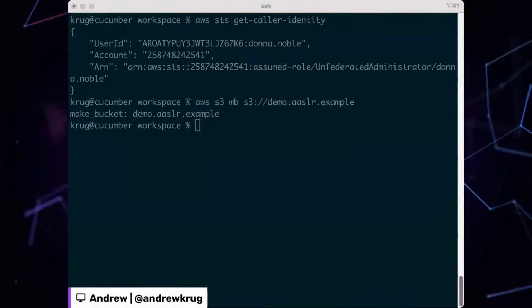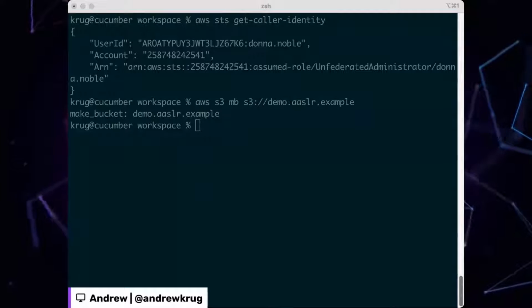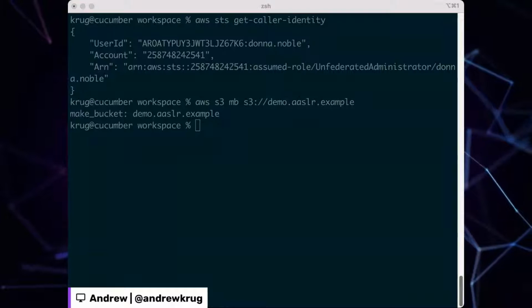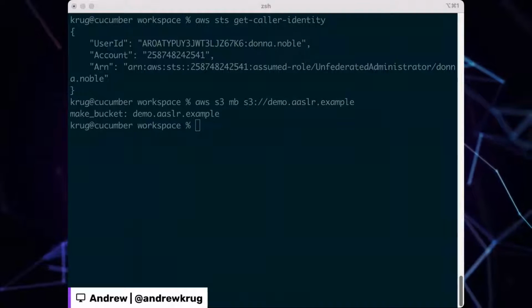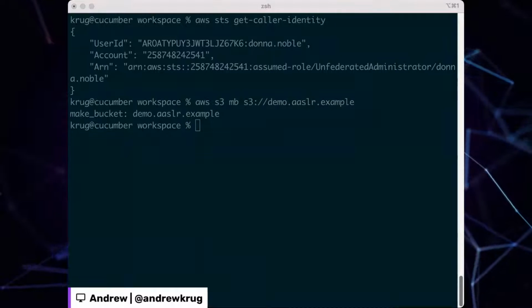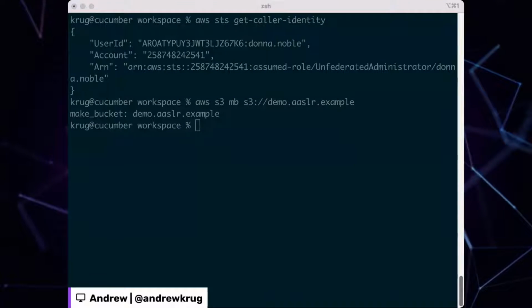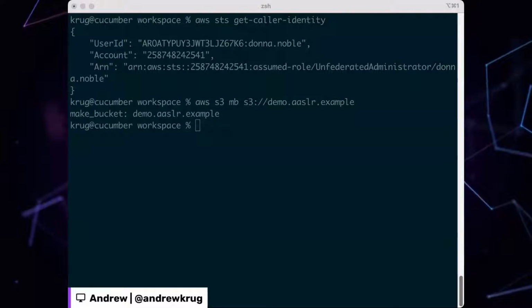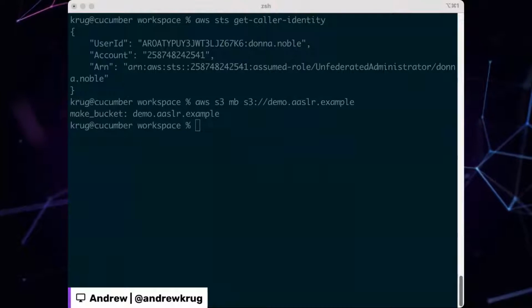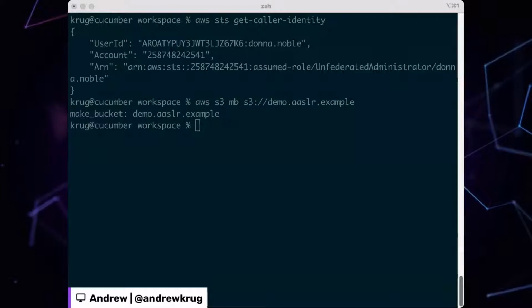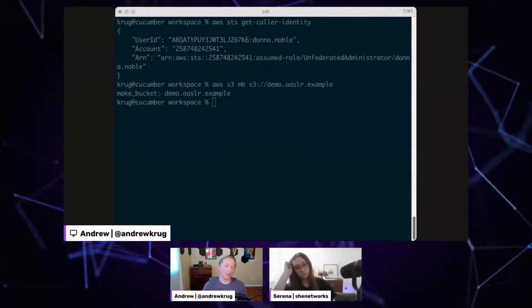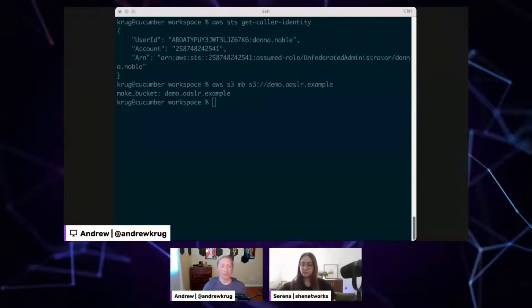The other thing that we can do to help keep ourselves safe from credential leaks is that we can actually scan our code repositories with command line tools that will identify if we've accidentally put access key pairs in our code, so that it never makes it to GitHub. So not only, in the unlikely event that it does get there, are we confident that the blast radius is not going to be super broad, we can also take steps to prevent people from doing it in the first place.